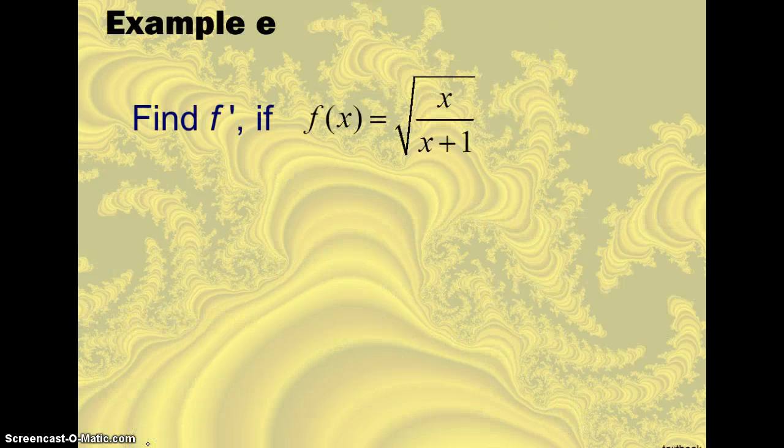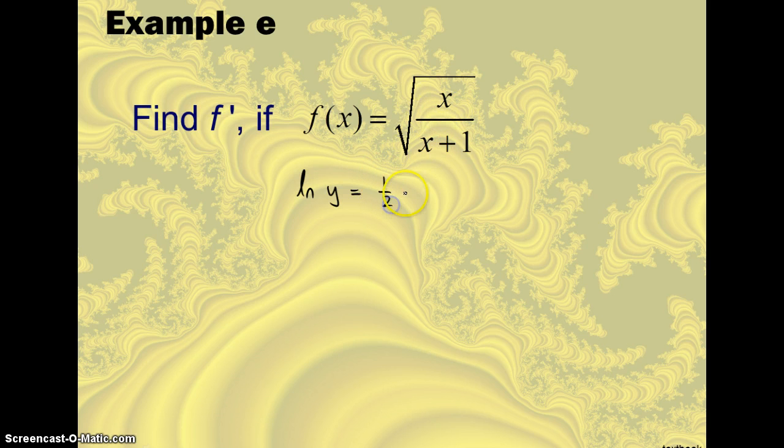Alright, so let's try another one. Now again, you have the skills to do this problem. You recognize there's a chain rule. When you go to get your u prime, it's going to involve a quotient rule. You 100% know how to do this. But I want to practice this new ln stuff. So I'm going to think about this as ln of y equals,